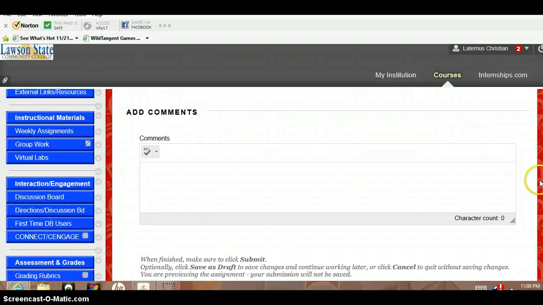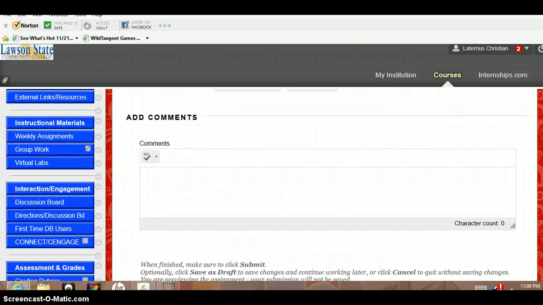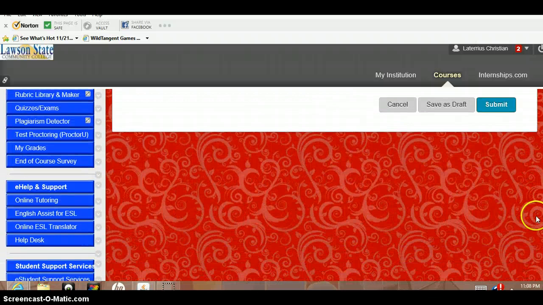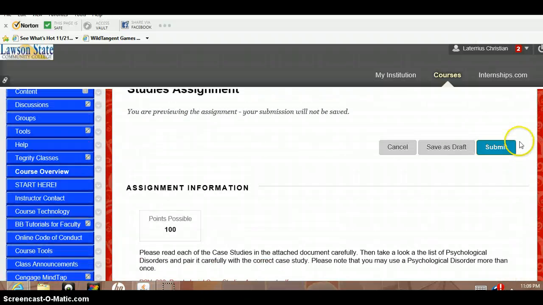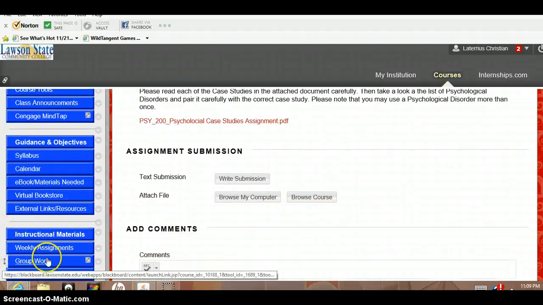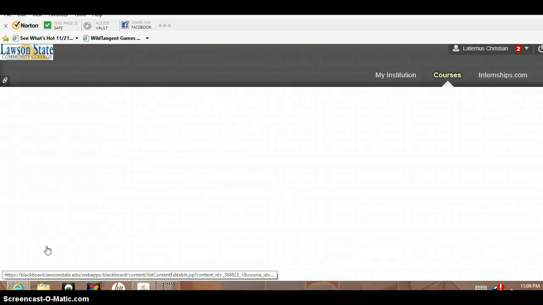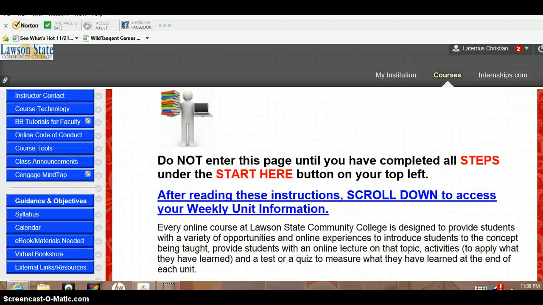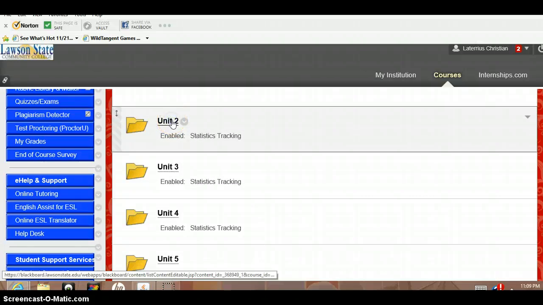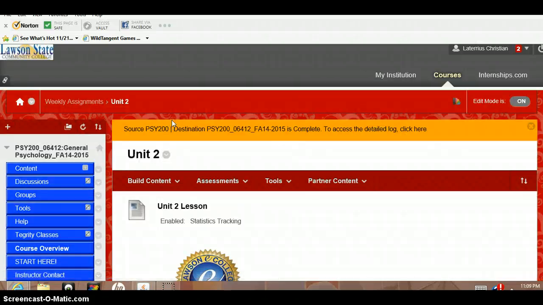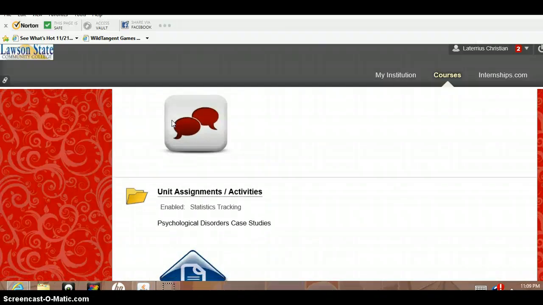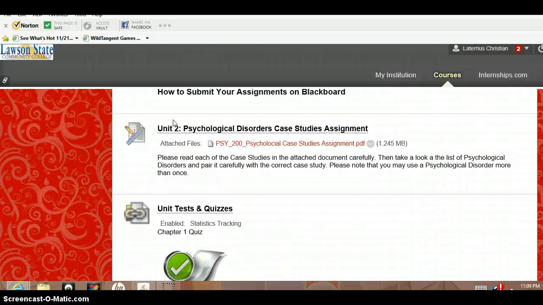So we'll have all of that straightened out shortly. Going back to weekly 2 assignments again, this assignment is worth 100 points, just so you know that. Bear with me. This is a work in progress, but we're going to make it through this semester, since all of our e-college information changed swiftly on all of us. We'll be connecting with each other weekly like this to make sure you're on board for everything. So you have the psychological disorder assignment right here, and that's how you submit it.